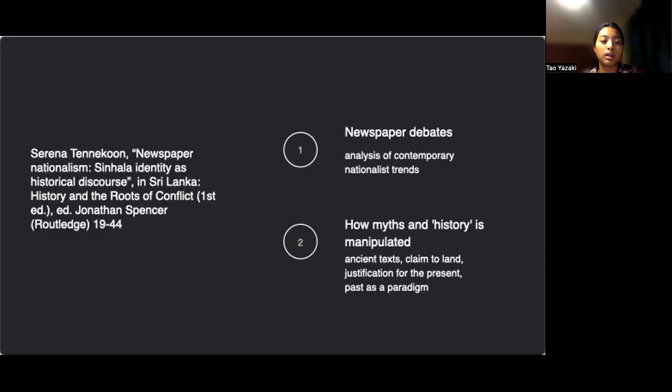So she uses a phrase, looking at the past as a paradigm, which I found interesting, and seeing the past as justification for the present. A particular example she uses is the figure of King Dutugamunu, a pre-colonial Sinhala Buddhist king who had defeated the Indian Tamil king Elara, and contemporary audiences in the newspaper debates had seen this